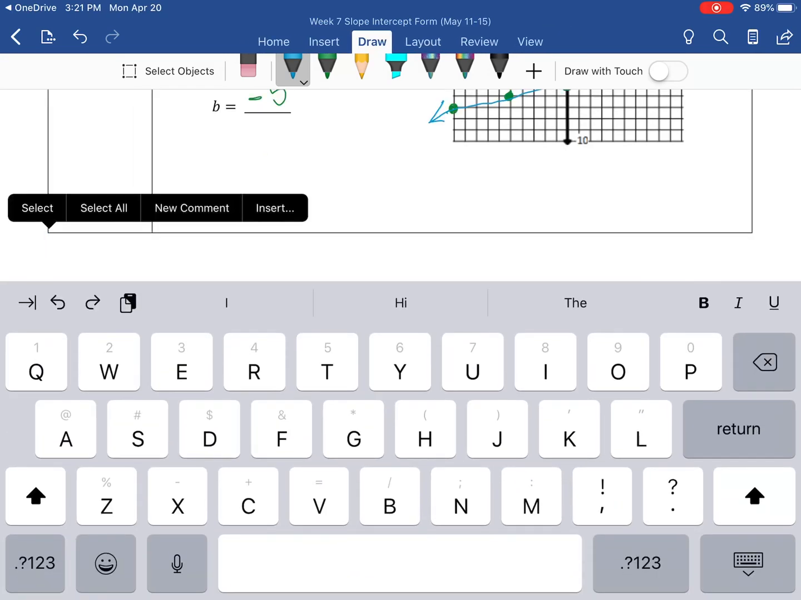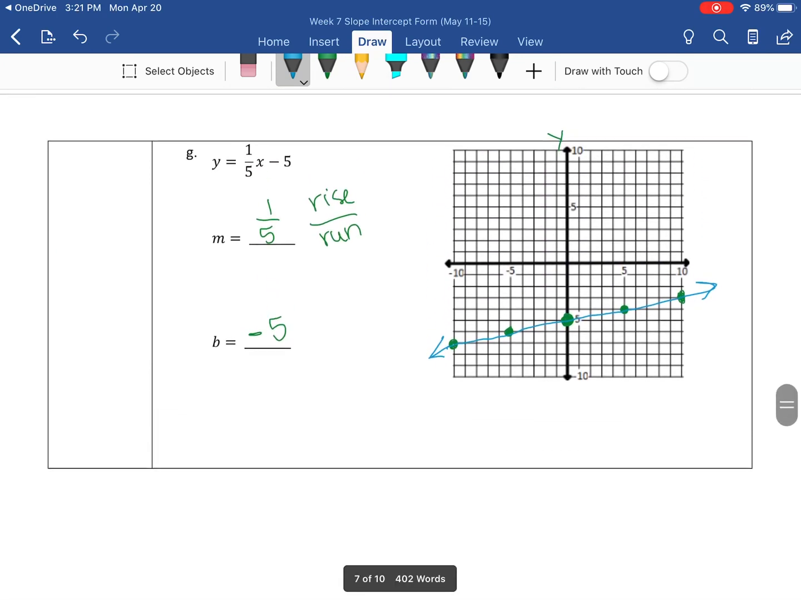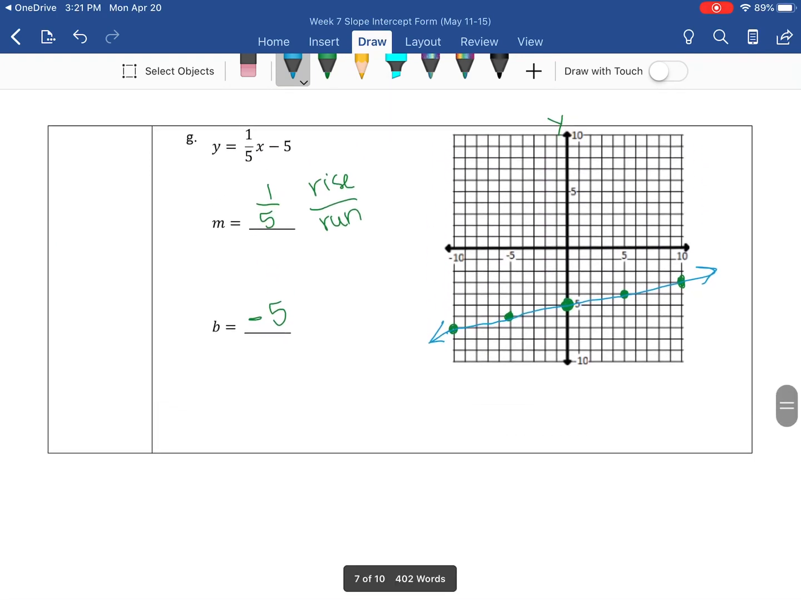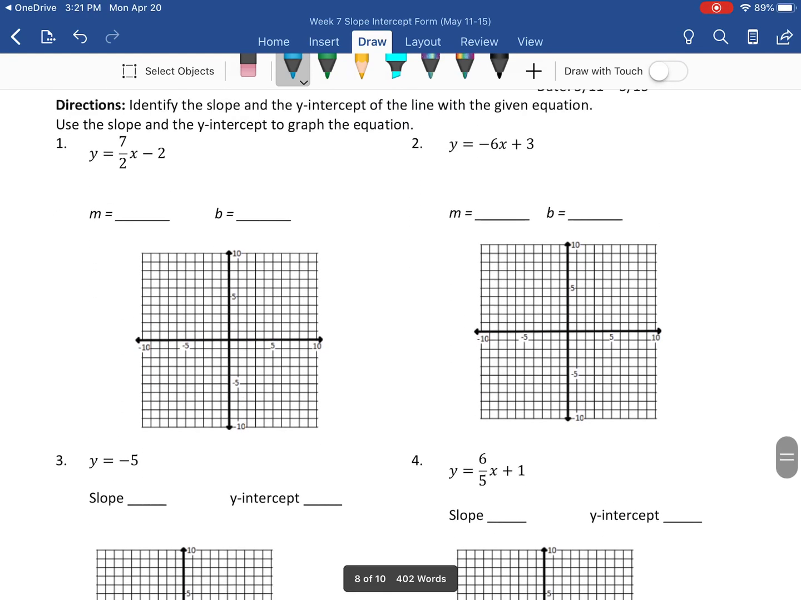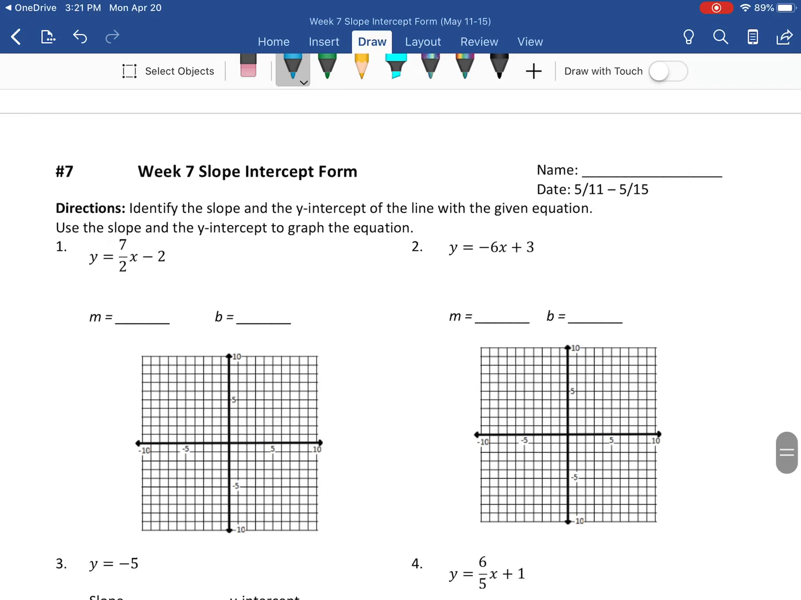All right, so hopefully you have a pretty good idea of how to use your slope and your y-intercept, or that slope-intercept form, in order to graph your line. Now your job is to finish these practice problems. Remember, if you have any questions at all,